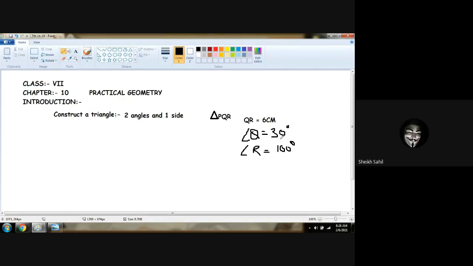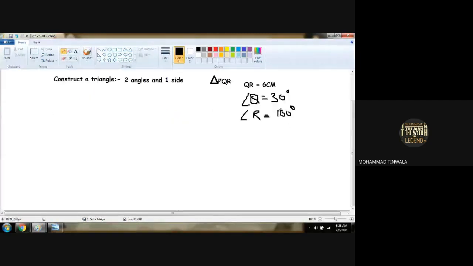Yes. Now we have two angles. See, look here, we have two angles. Can you see two angles on one side? So obviously, whatever side we do have, we will place as our baseline. So from 0 degree to 6 centimeter, we will place our baseline. Am I right or wrong? Yes.